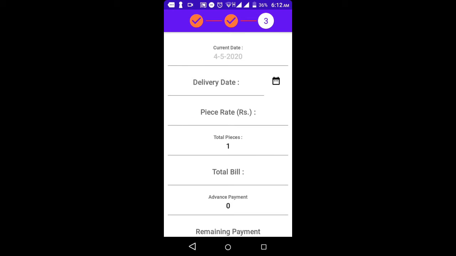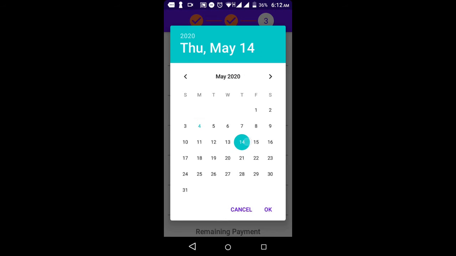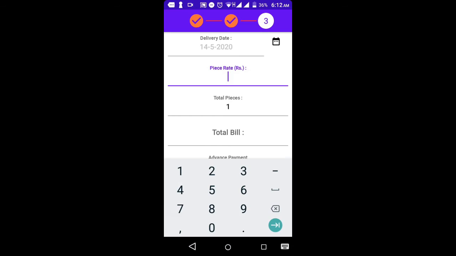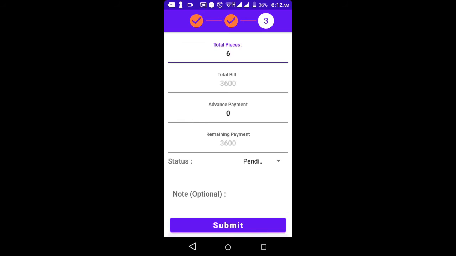is basic order information, which is delivery date, and after that, number of pieces, piece rate. Number of pieces 6, total 3600.